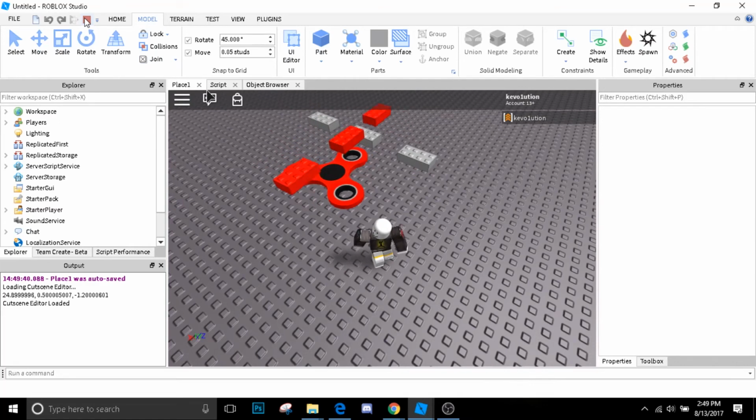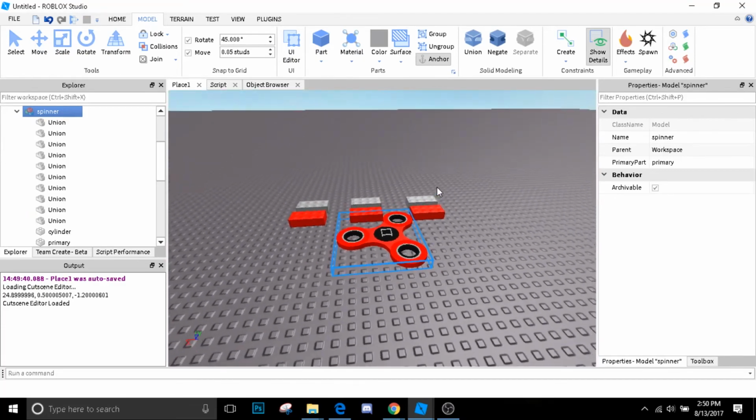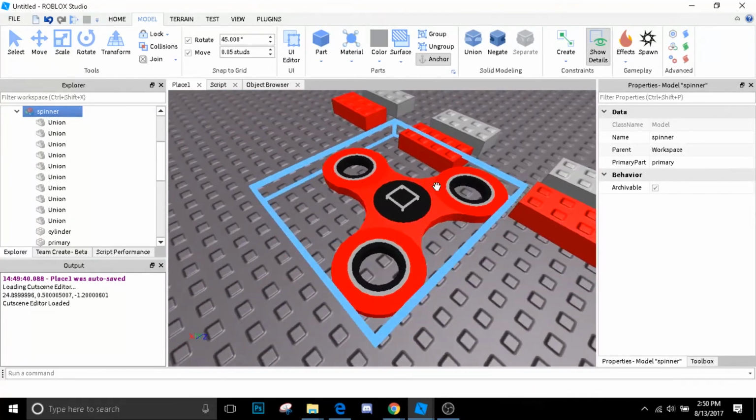So again, remember, tips with Quaternions: make sure that the primary part is in the center of the object, make sure that the primary part orientation is 0, 0, 0. Very important to get the ideal rotation. Another big thing